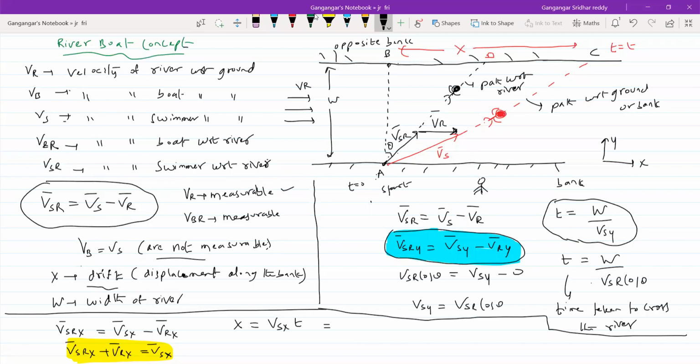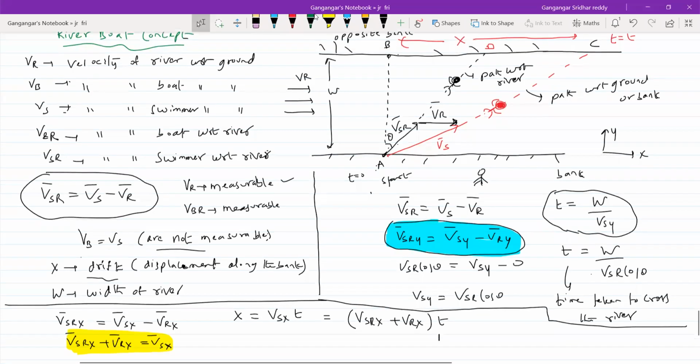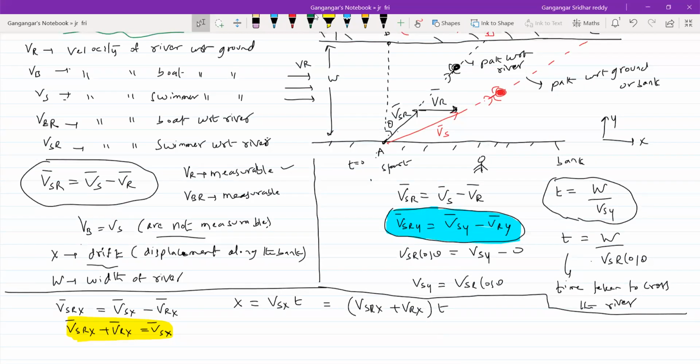Okay, now we'll substitute the value of Vsx. So this will be Vsr x plus Vrx into t. I'll slide down. So what should you call this? This is the drift. In the end, I'll write it. Now, what is Vsrx? Vsr sine theta